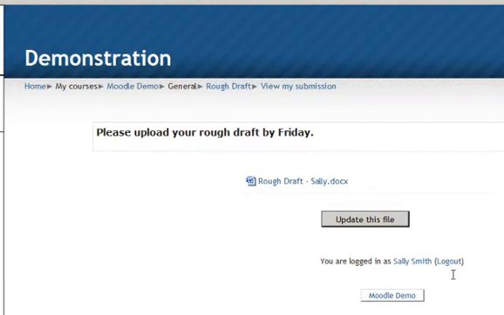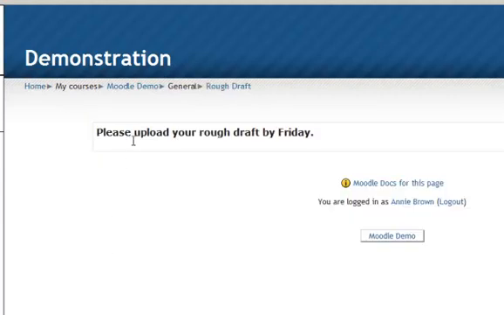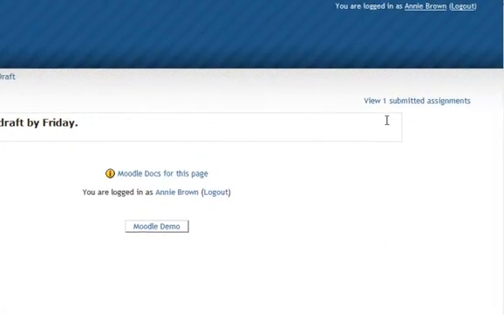I'm now going to log off as Sally and log back in as the teacher to see how I look at this document. I'm now logged in as the teacher of this course, and it's time for me to grade some of the rough drafts. So I go to the assignment, and I notice over at the top right hand corner in very small letters, View One Submitted Assignment. I click,